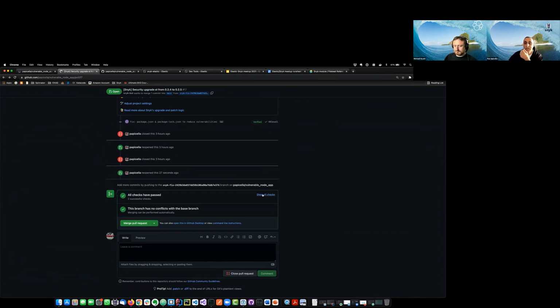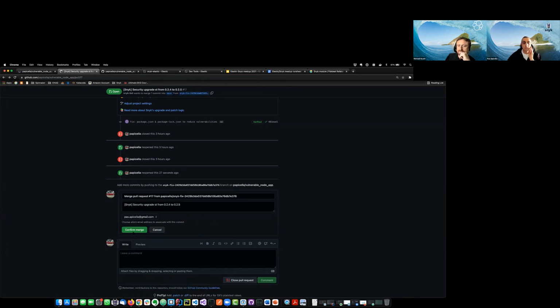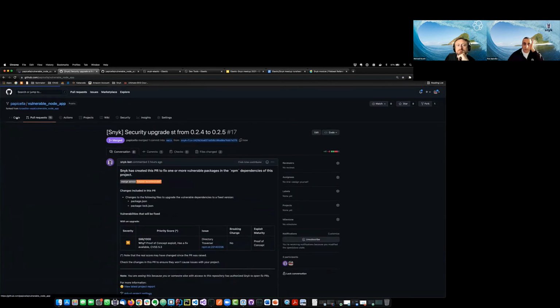We also run some PR checks as well, right? So as a result of this pull request, the Snyk platform will actually go and run some PR checks to see if we're inadvertently introducing any new issues as a result of fixing this. So I'm going to merge this pull request. Confirm merge. That's cool. Now we know that inside our code base that has been fixed,